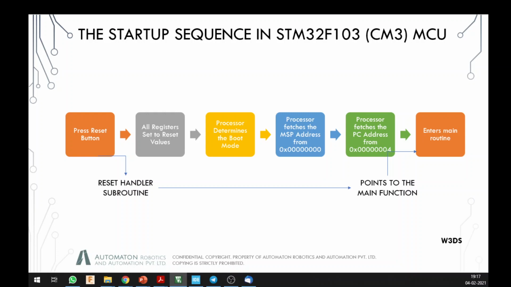There is some timing delay, maybe some microseconds to some milliseconds depending on your particular chip, but that is required before any of the processes can start. Once you press the reset button or apply power to your chip, it is going to set all the registers, as in the 13 user registers that we talked about, R0 to R12, the stack pointer, program counter, and all those things, to the reset value.